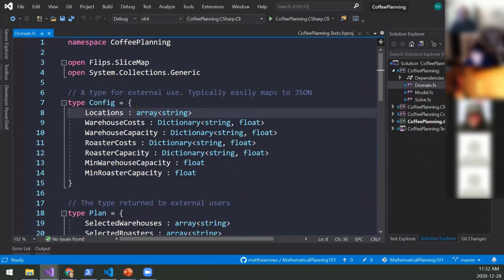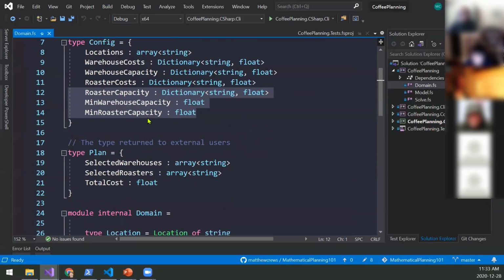So what I'm doing here is, again, just go back to the coffee planning problem that we did earlier. Exact same thing. We define a configuration type. It's got a location, which is just an array of strings, some warehouse costs, which are just dictionaries, and min warehouse capacity, min roaster capacity. Very simple stuff. And then I recommend defining a return type, this is the thing I'm going to give you back.